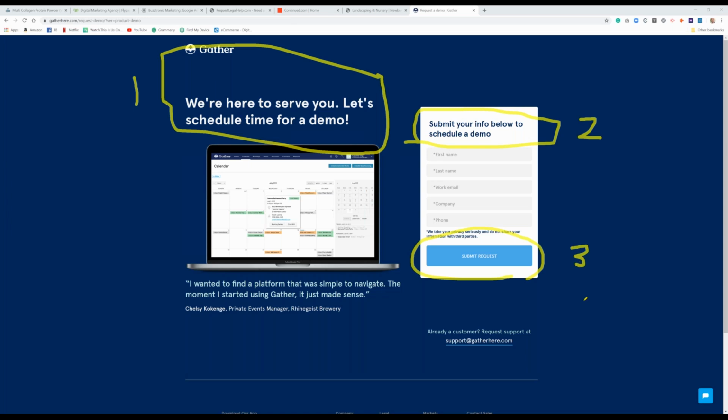Okay, those should be hierarchical. The first thing should tell you what this page is about. The second thing should tell you what you're asking for in the form. And the third thing should be what you get out of it. So if I were to rewrite this Holy Trinity on this page, I would say, find out how to make your next event run seamlessly.